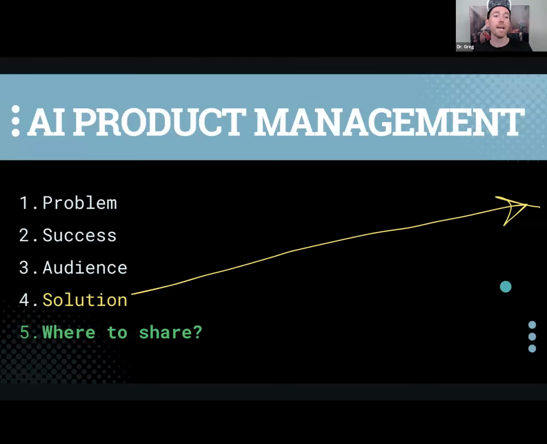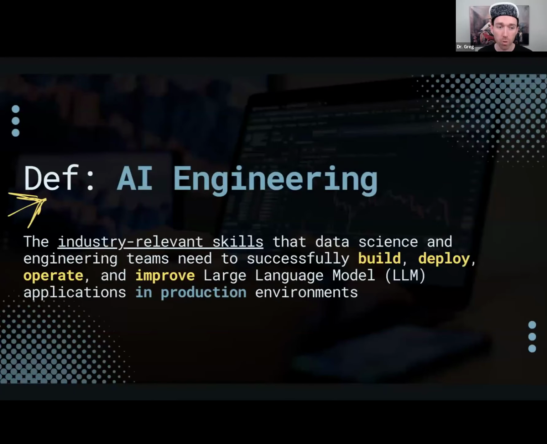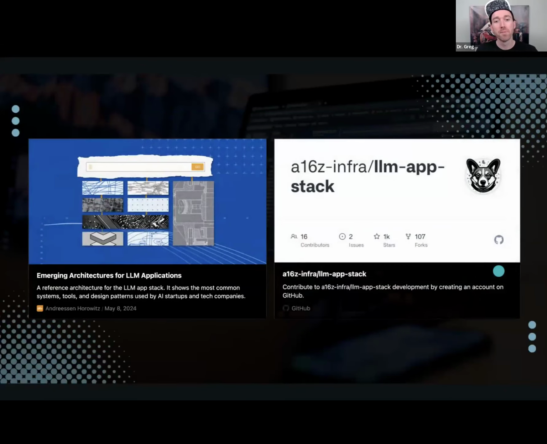This is where AI engineering comes in when it's time to build solutions. And AI engineering, of course, is the industry relevant set of skills that data science and engineering teams need to successfully build, deploy, operate, and improve LLM applications in prod. We are using the LLM app stack to sort of learn our way into this.